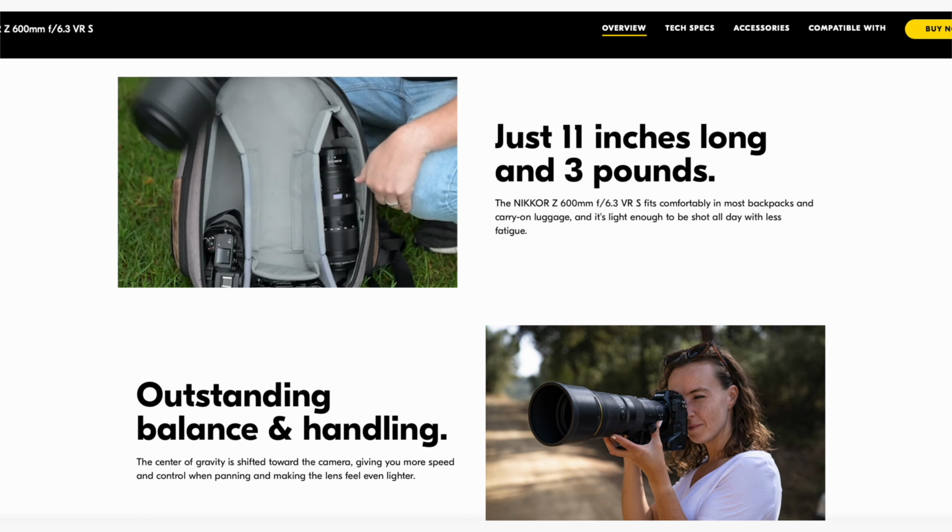It's just 11 inches or 278mm long. It weighs just 1,470 grams, including the tripod collar, 1,390 without, compared to the 400 f/4.5, which is 1,160 grams without tripod collar, 1,245 grams with the collar. That's pretty amazing. If I add the TC 1.4x, that's another 220 grams to get me to 560 millimeters